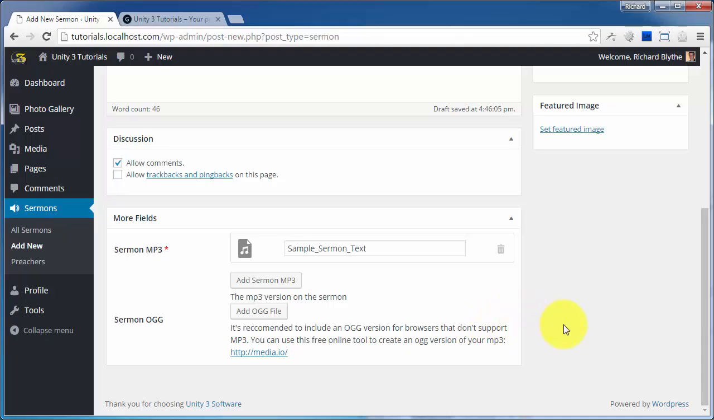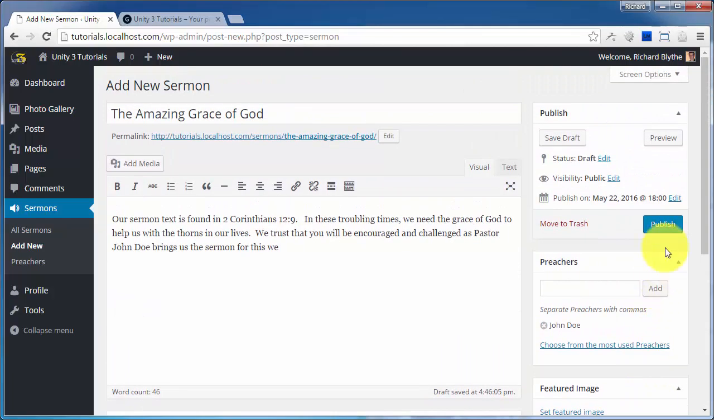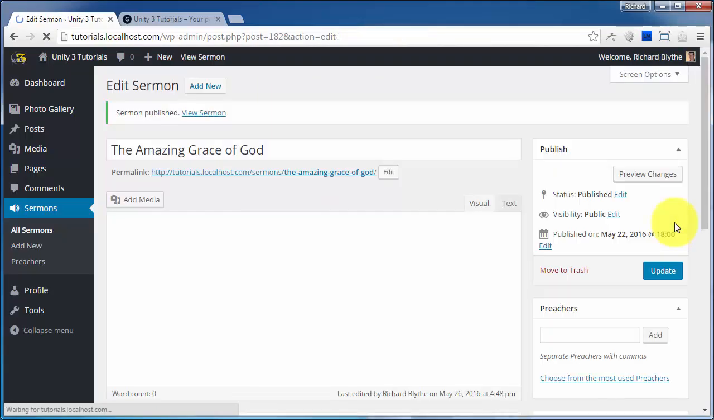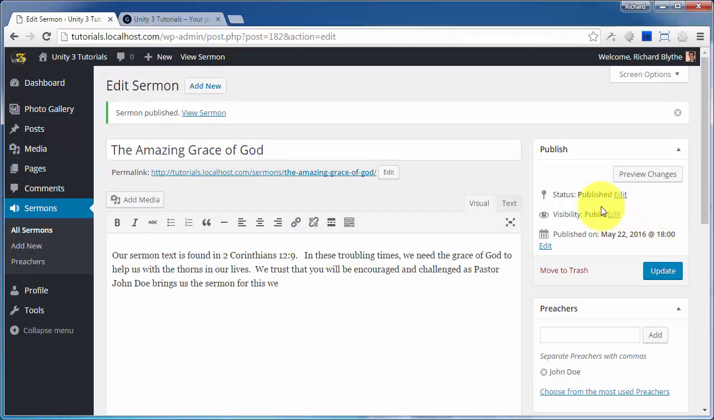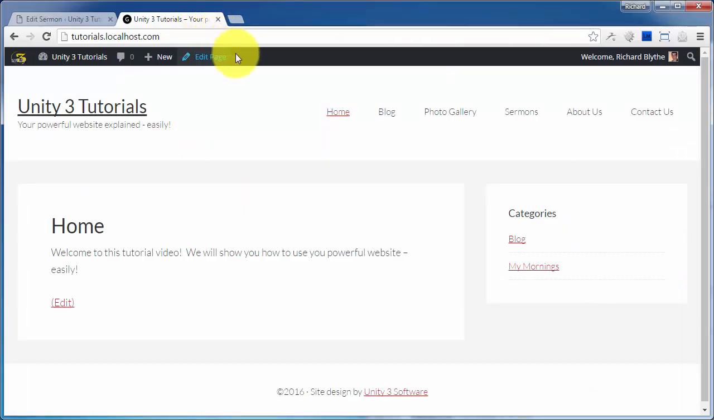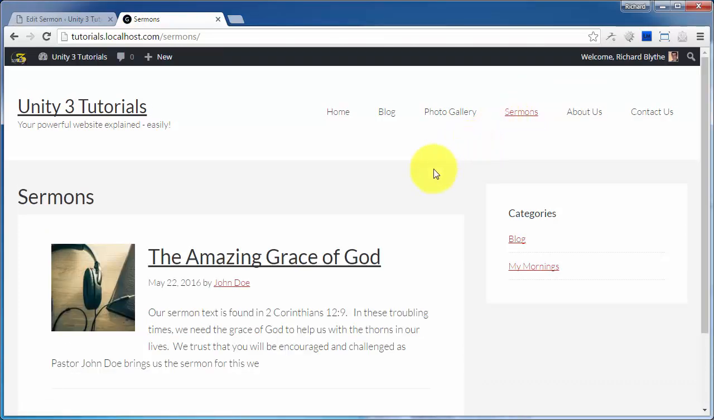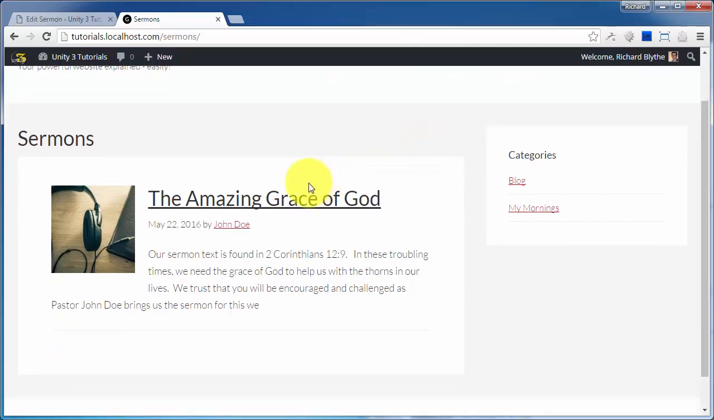Okay, let's go back up and let's click the Publish button. And let's go to the front of the website and click the Sermons page. Now, I'm sure that your website is probably laid out much differently than this simple website. Let's click on this. Okay, now we're seeing the summary information about the sermon, and you see that default featured image there on the left. So if I click on the sermon title,